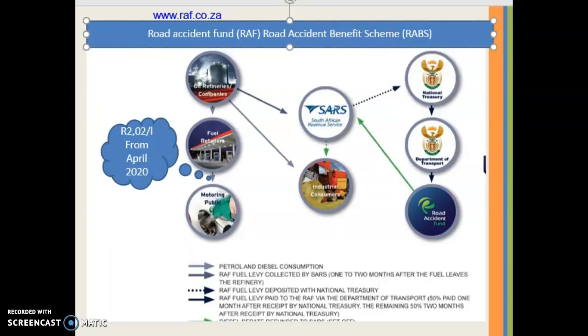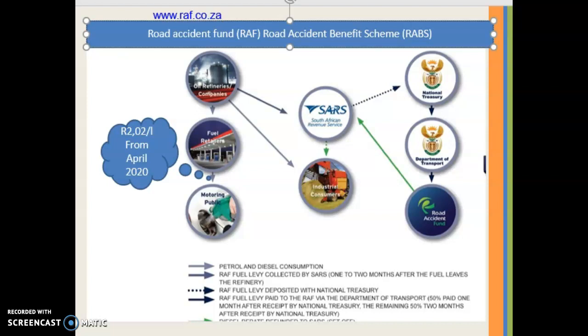So the second compulsory insurance that everyone contributes towards is the Road Accident Fund or the Road Accident Benefit Scheme. For the purpose of this video, I'm just going to say RAF. So the RAF insures road users against the negligence of other road users. The RAF provides compulsory cover for all road users in South Africa, which includes South African businesses. Drivers of business vehicles are indemnified against claims by persons injured in vehicle accidents.